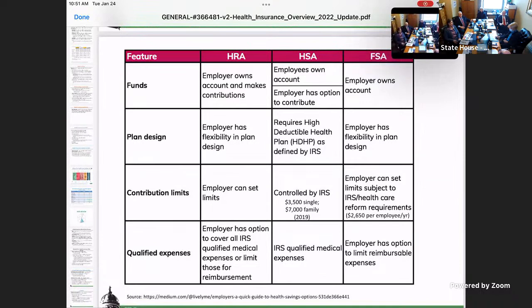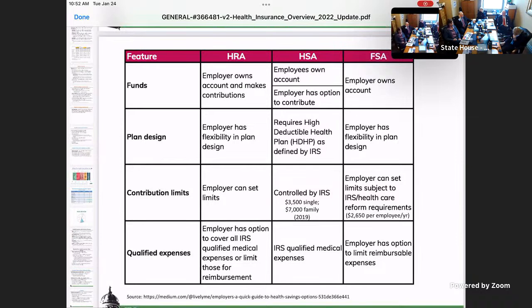In this case, the employer might put in $500 to each person's account each year. In an HRA, the employer owns that money. In the HSA, the employee owns that money, so they can roll it over and they keep it. And in an FSA, the employer owns the account. So the idea behind it was that rather than pay the insurer a higher premium, they can pay a lower premium and then have the HSA, but they can either claw that money back, or the employee can roll it over, or the employer can keep it.